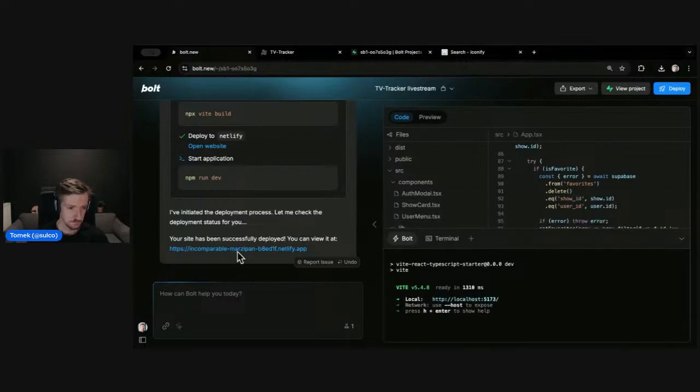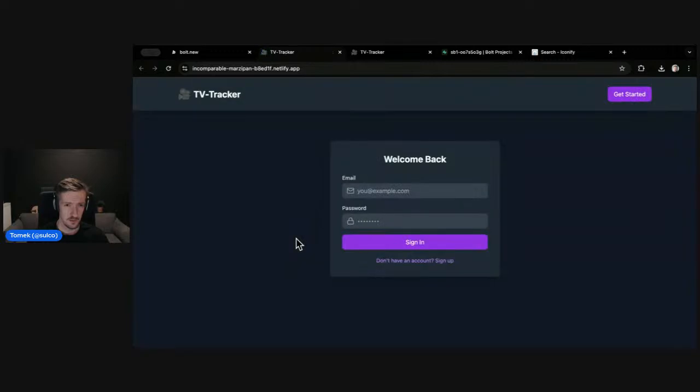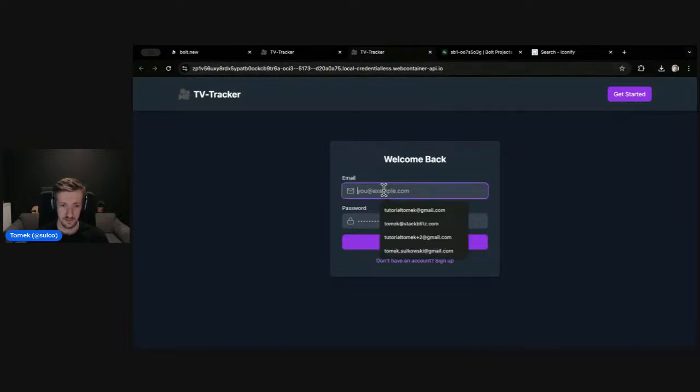Okay, so let's see. Looks like the app is deployed, and sure enough, this looks exactly like here, except a nicer URL. You will also notice that even if I log in here,